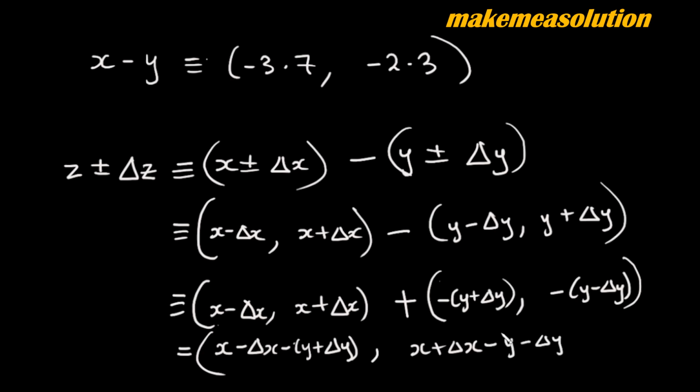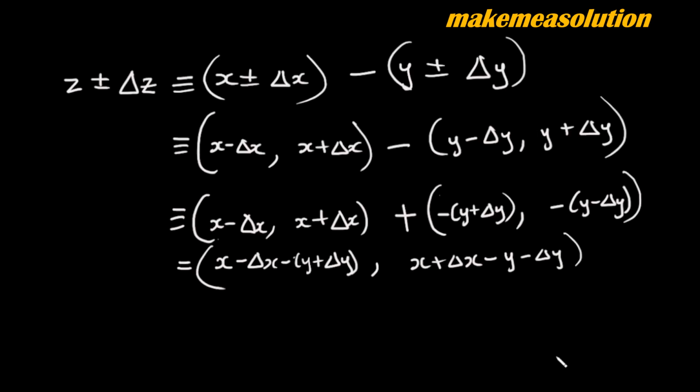So if we simplify this, we are going to get, or have x minus y, we now have minus delta x minus delta y on this place, and if you simplify this, you get x minus y, then you have plus delta x minus delta,